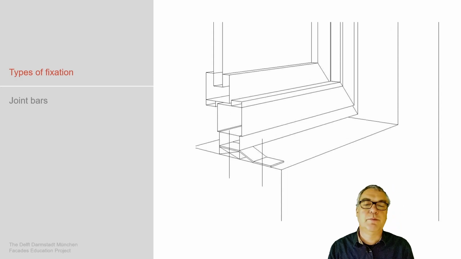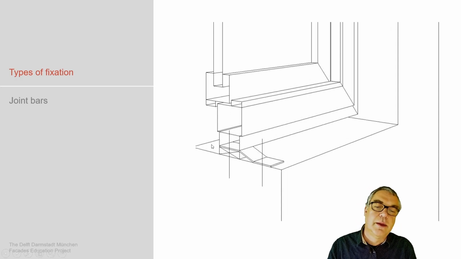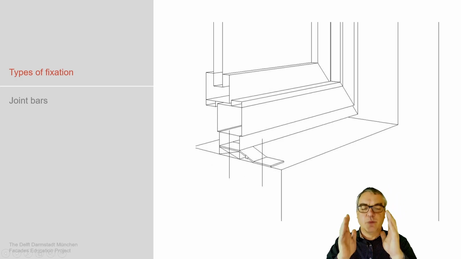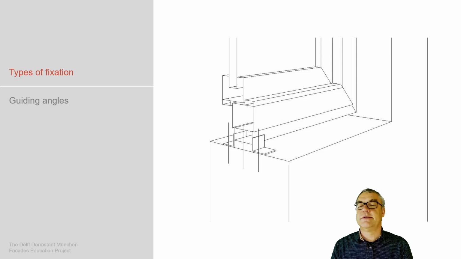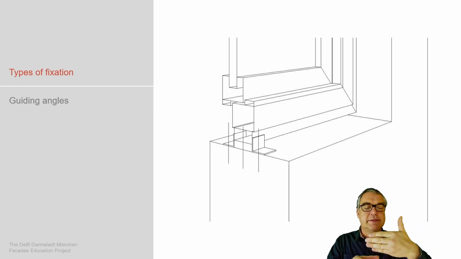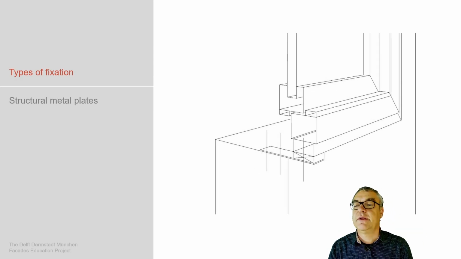For example, joint bars, so some additional bars being added to this frame system, allowing that this fixation happens here while the insulation is in this area. So we would be able to have an offset of the set gliding angles, allowing movement of the main structure versus the window. Larger windows may have this as an aspect of difficulty. Or structural metal plates, brackets, which cantilever the window from the main structure to the outside, to allow some additional insulation, for example, in that area.